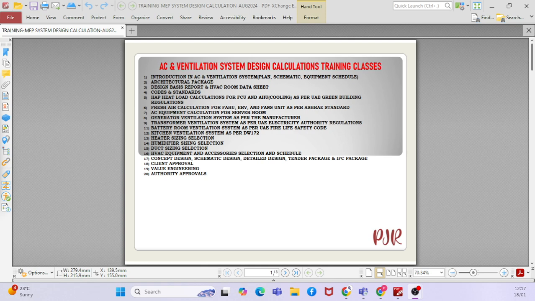Basically, how the architectural space planning is done. Say for example, you have a plot, the client having a plot. The plot may be a rectangular shape or an irregular shape, right? So based on that shape, the architectural space planning will be done. Like, if it is a residential project, there will be